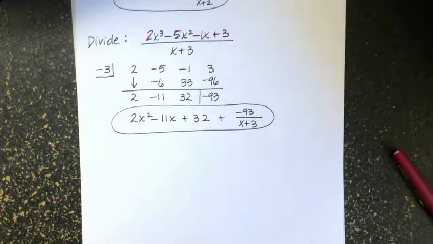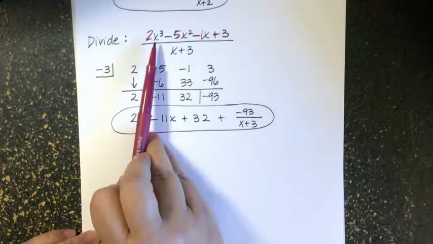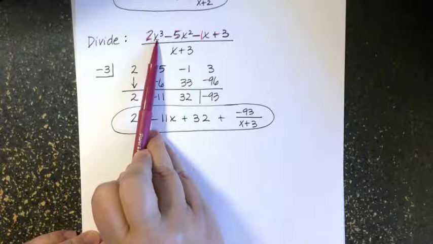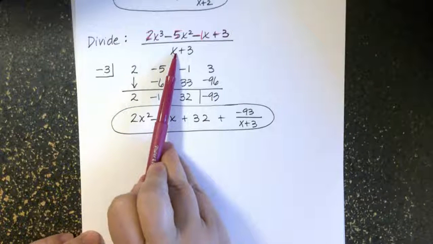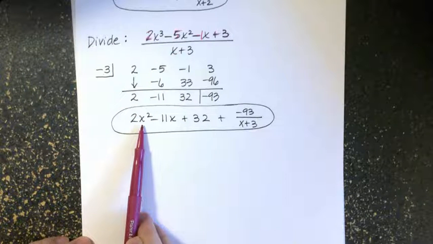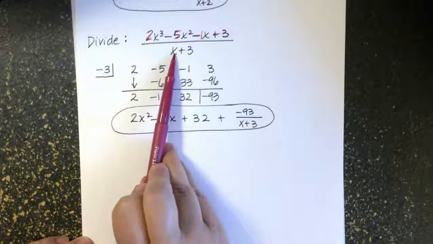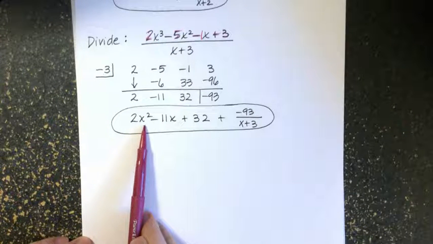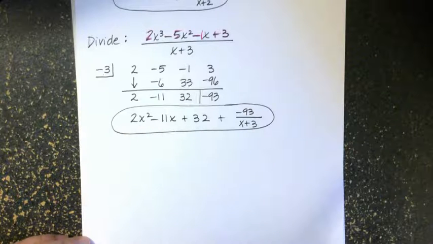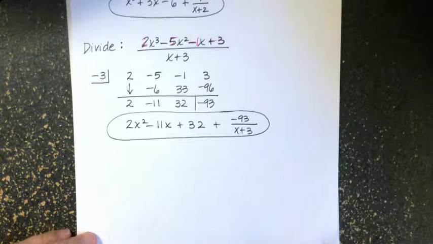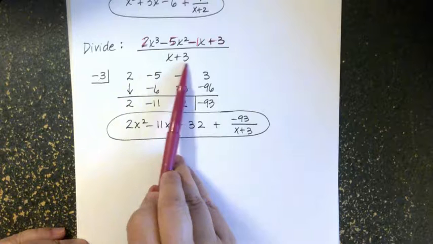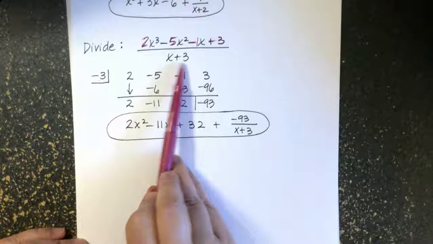Okay, a couple things to notice again. Remember, I was dividing an x cubed by an x to the first, so I should expect my answer to have a reduced degree. In other words, I went from x cubed, I take one x out, now it's x squared. So that makes sense. Another thing I want to point out to you here is that in addition to being able to tell now that x plus 3 is not a factor of this polynomial and negative 3 is not a root,